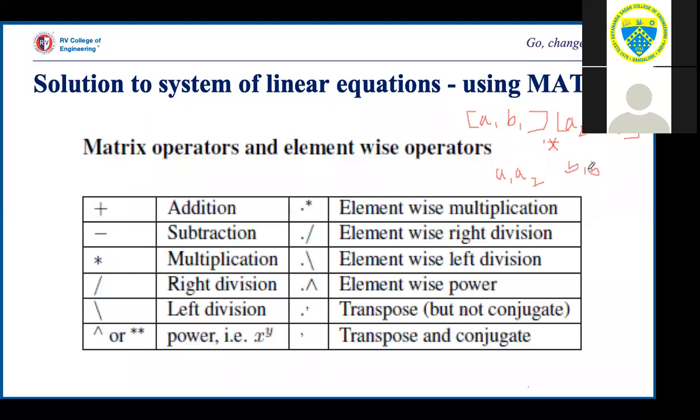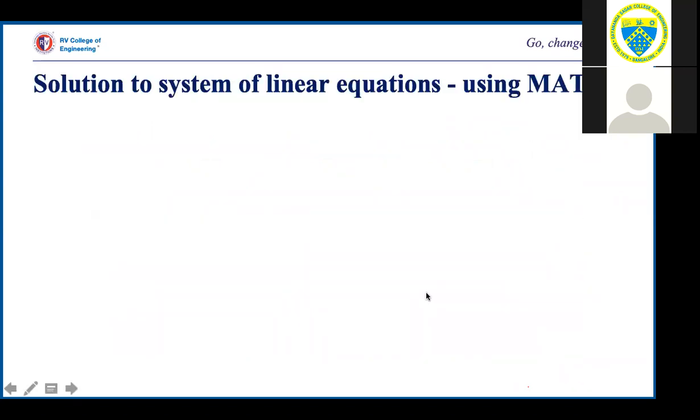Usual matrix multiplication would be row column multiplication, right? So this dot star dot, each operation will give us element wise operation of that. We have transpose with a prime notation as well.